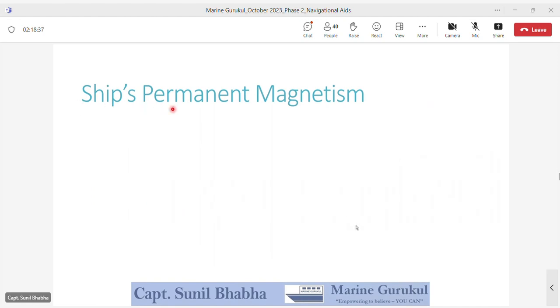Now moving further to ship's permanent magnetism. Till now we have gone in detail and understood the induced magnetism of the ship, which is acquired by the soft iron structures. We have seen their relationship with the heading of the ship, with the position of the ship, whether the ship is on the equator or at the pole, southern hemisphere, north hemisphere, horizontal soft iron and vertical soft iron in detail. Now we move on to the ship's permanent